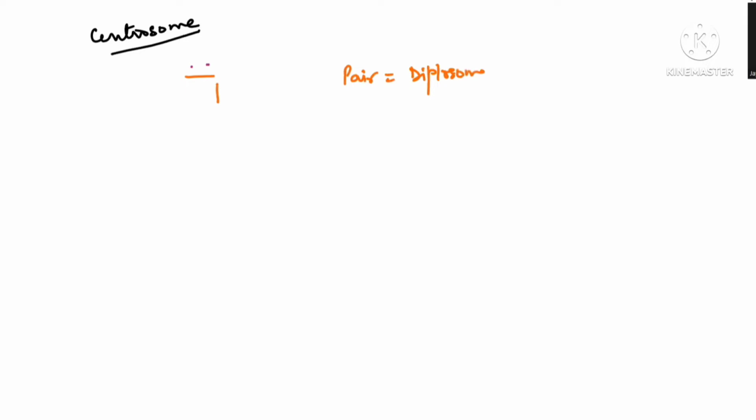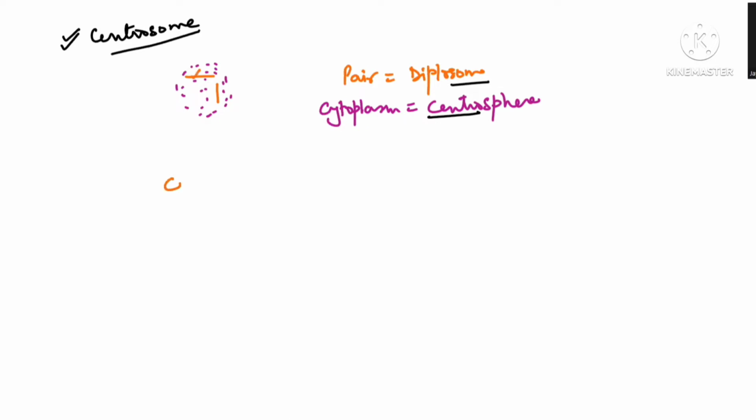And this cytoplasm which is present around it, the cytoplasm around it, is known as centrosphere. That is why this organelle's name is centrosome. This much is clear. If you see this one centriole, you're finding it actually has a 9 plus 0 arrangement. 9 is what? 9 are